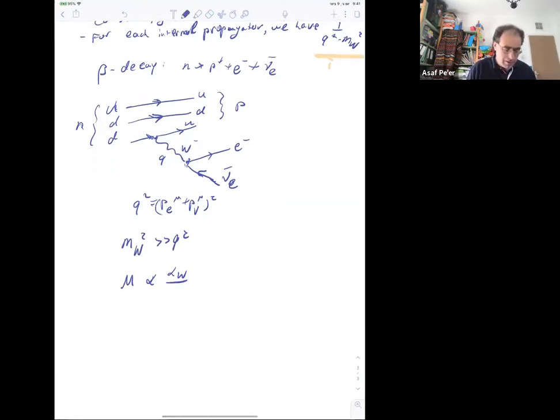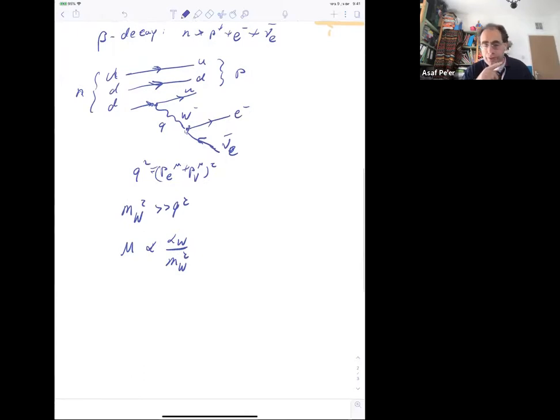So it should go like this over m_W squared. Which means that the rate of the process